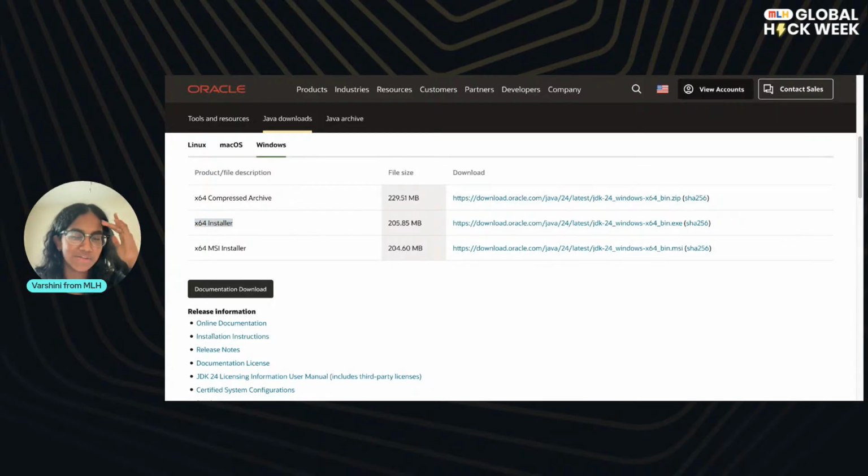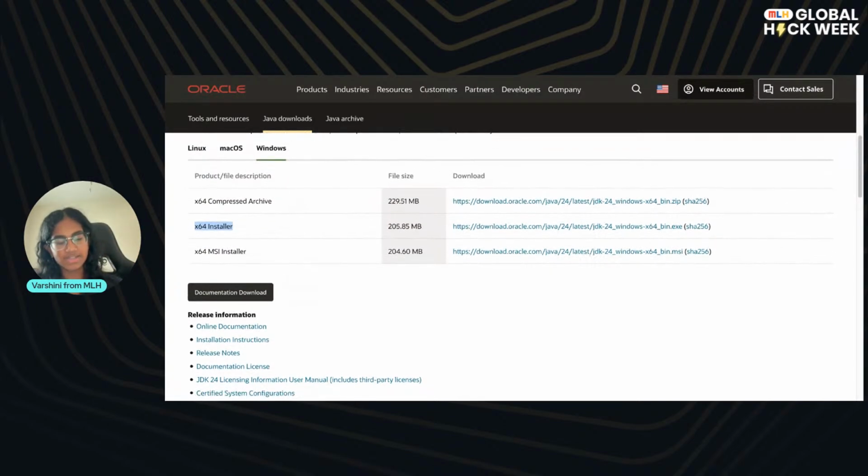As long as you can get it downloaded on your computer, that's all good. So that's what you're going to do for Windows. Download it and open the .exe file to start the installation. I'm not going to do that because I don't have a Windows, but just download that file and then double click on it wherever you've downloaded it, and then just follow the prompts. Java is pretty good about giving you really clear installation instructions.